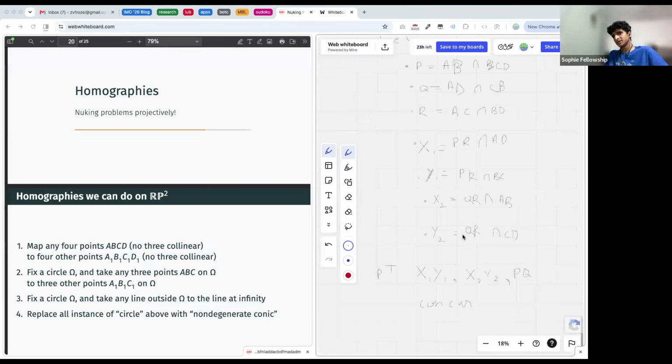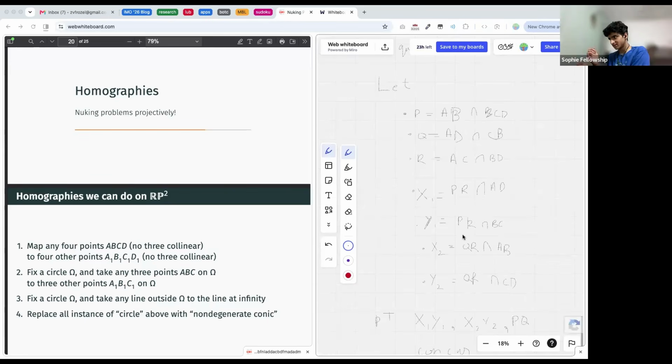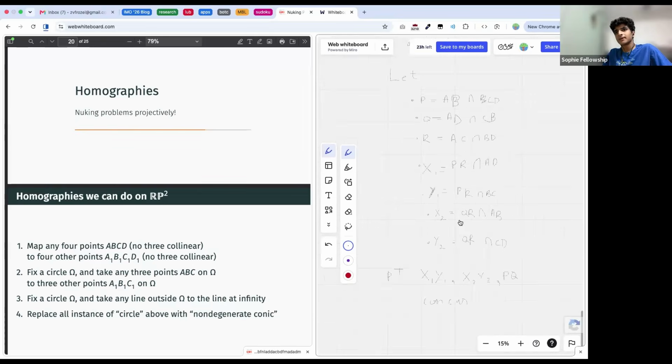when you see a problem like this, where everything is just a line cap a line, or a point, or a line joining 2 points, it's telling you that the statement is purely projective, and that means we have a very amazing nuke that we can do, and that is called homographies. Okay, so